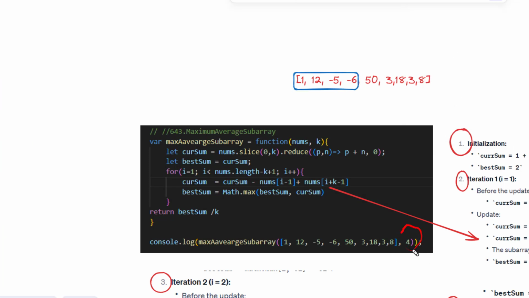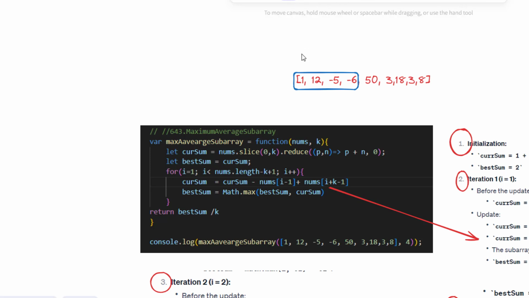Whatever parameter you are giving, the subarray should be contiguous. You cannot take it scatteredly, like 12, 15, 3, 8. It must be one after another. So in the first iteration, what we need to do,